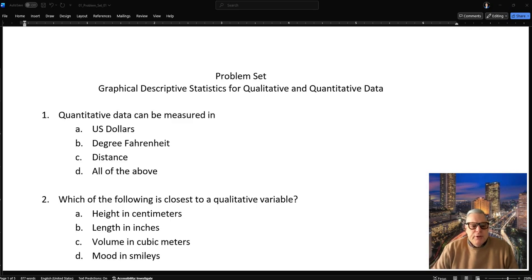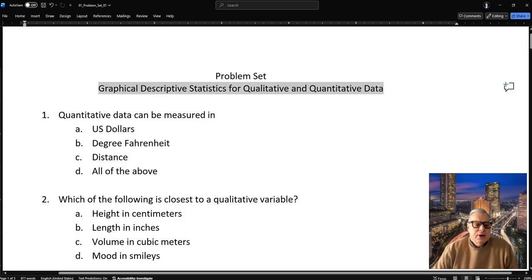Okay, so in the next couple of videos, let's review again some of the concepts that we have learned, like the kinds of data and how to visualize qualitative and quantitative data. And let's just review a little bit the theory, and then later let's do some applied real-world problem sets too. But let's just begin with a couple of simple multiple choice questions, and ideally you have done them before you watch that video. So one, quantitative data can be measured in US dollars, degree Fahrenheit, distance, and the correct answer